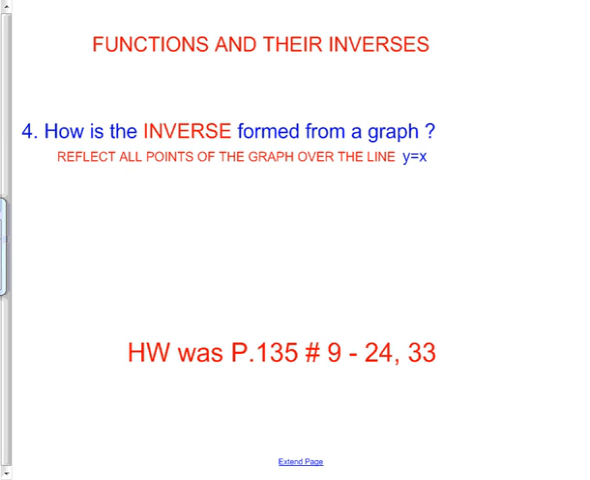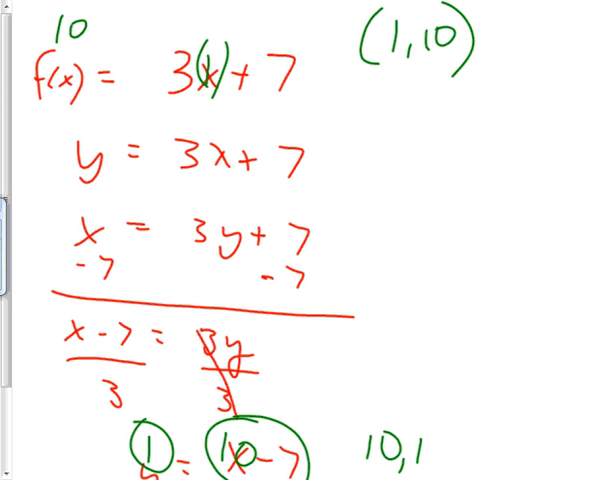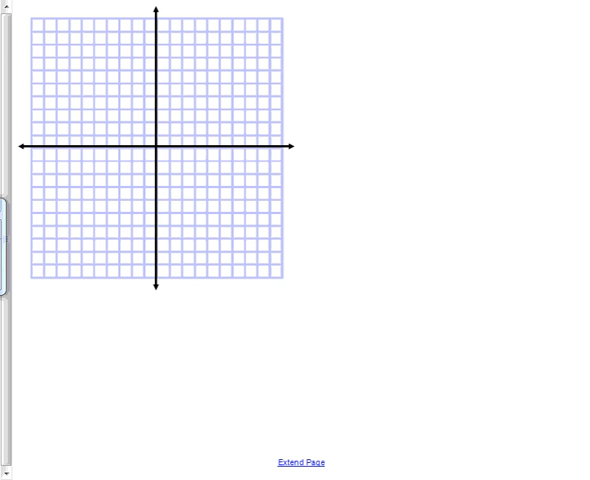How is the inverse formed from a graph? That's the whole reflection over the line y equals x. I guess I already talked about that before. Then there's one last thing I have to teach you, and that is if I'm going to prove that 2